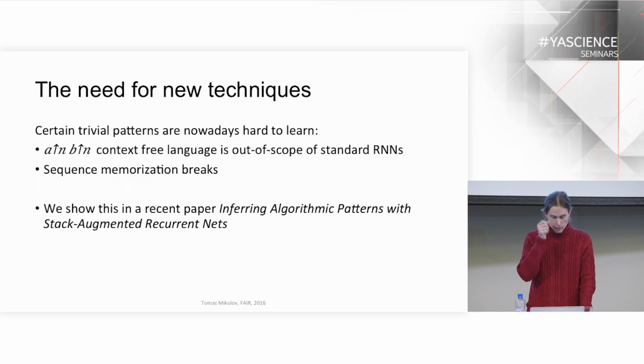So I was saying already several times that recurrent networks will have problems to scale to very simple problems, like the understanding of algorithmic patterns. So in a few slides I will present this paper called Inferring Algorithmic Patterns with Stack Augmented Recurrent Networks, where I will show that some small modification of recurrent networks allows us to learn some simple computation. It's definitely not the solution to AI, but at least it's interesting to know about it.